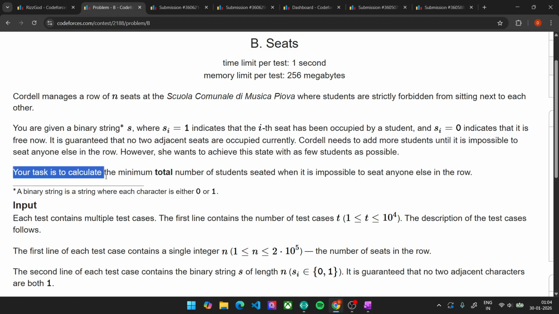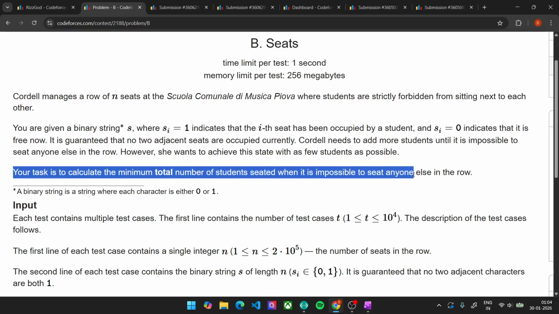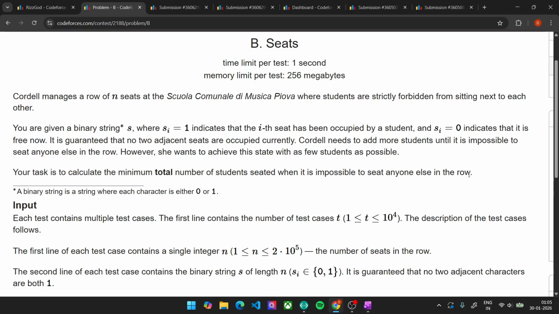And we have to calculate the minimum number of students that need to be seated so that it is impossible to add any more student into this row. So this basically means that whatever the vacant spaces are there, we have to fill that in such a way that there should not exist